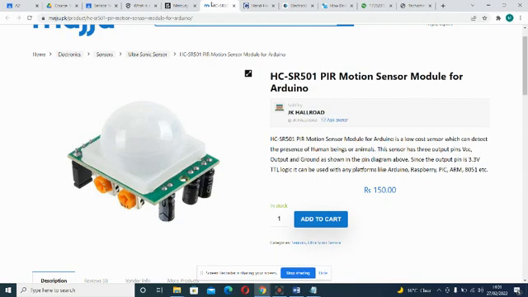typically sends out some type of energy such as microwave, ultrasonic wave, light beam, and detects